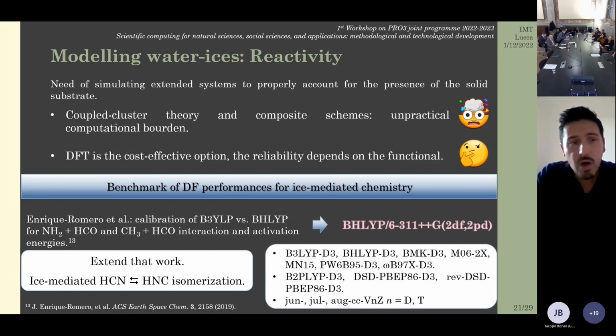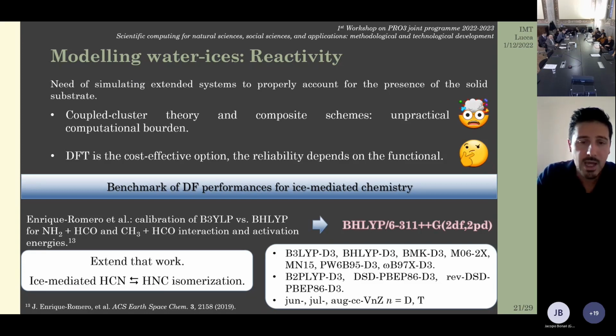And this means that we need to treat an extended substrate, and for this reason we need to forget coupled cluster theory and the composite schemes I presented during the first part, and we need to resort to density functional theory, moving in a framework where we have a plethora of density functionals, and each is presented as the best performer over all the others. For this reason, we decided, first of all, to make a benchmark study about the performances of the different density functionals in